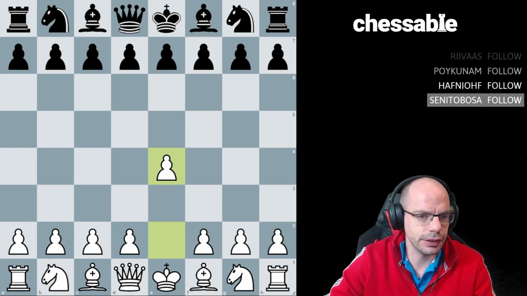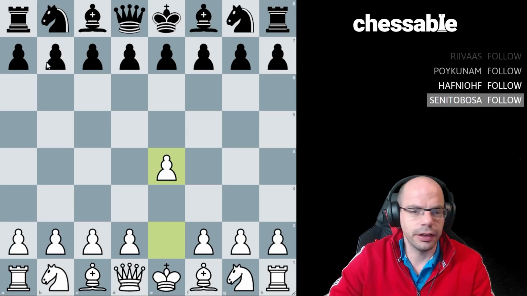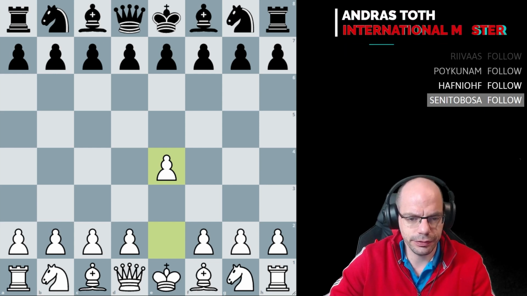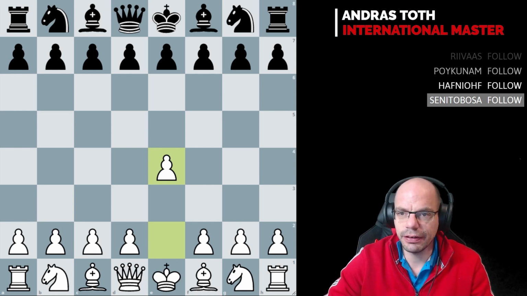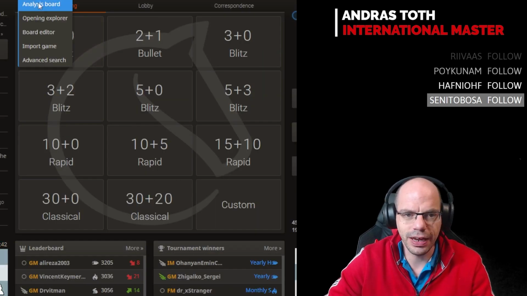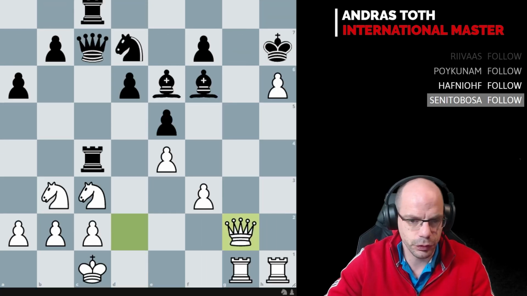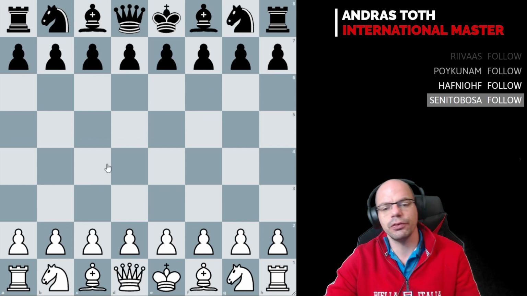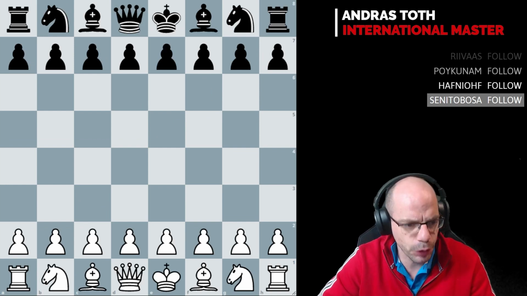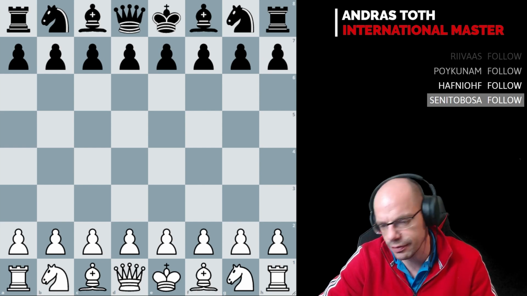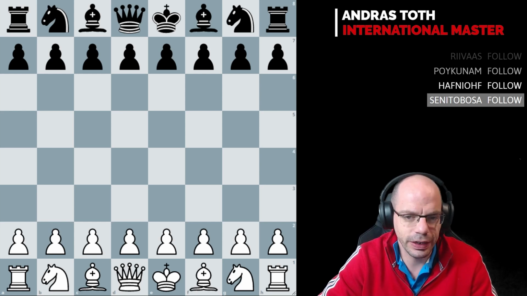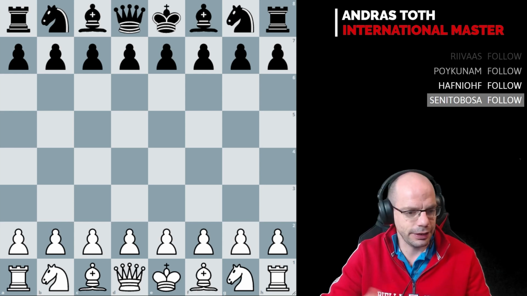My anchor game theory is simply a concept whereupon I recommend students or people who learn any opening at all that alongside your opening, I very highly recommend you to try to memorize at least certain parts of a very famous game that was played for that opening, with the purpose that if you run out of ideas or find yourself out of book, then you go like, okay, but this is all cool because I remember that I have seen something like this in Kasparov-Wojtkiewicz, where Kasparov did blah blah blah, and it was all fine and dandy.